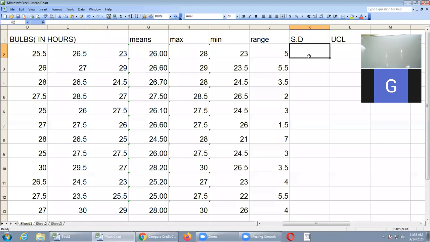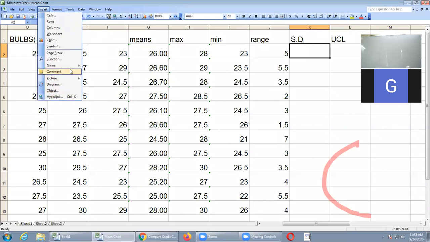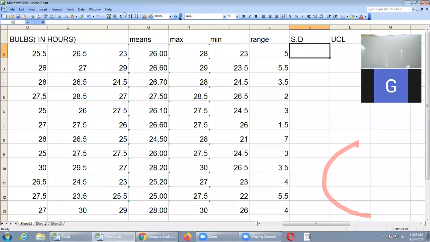For standard deviation, place the cursor in the first cell and go to the summation option again. More functions will be there, or Insert also has more functions. Otherwise, in the summation option you have more functions, so select more functions. Here by default all functions will be there. You have to select statistical functions and then standard deviation; press the S button, then you will get the S options.